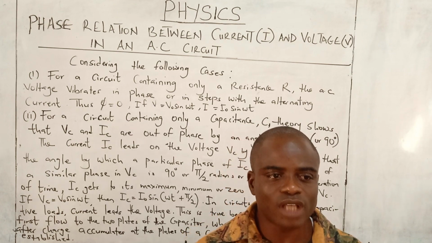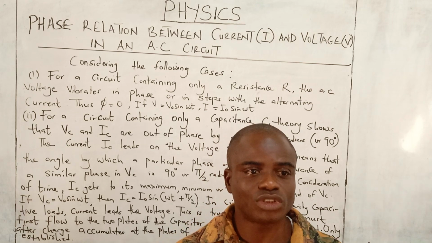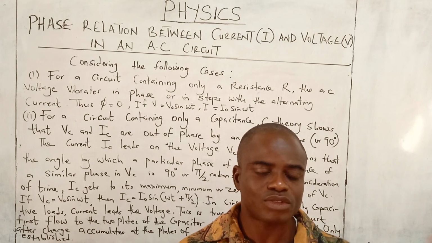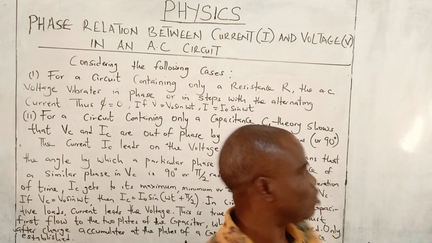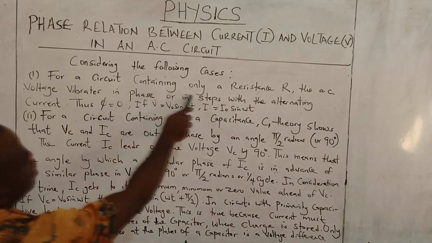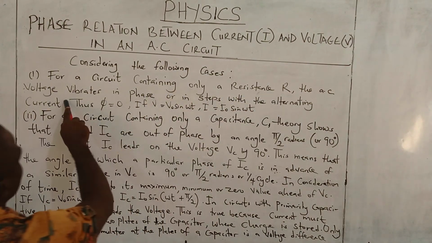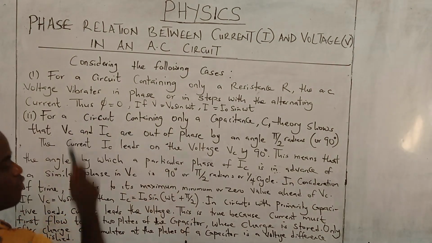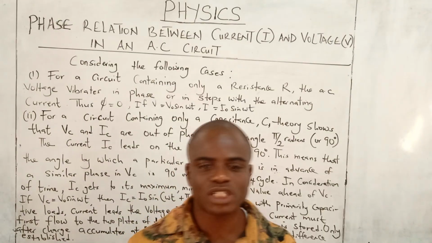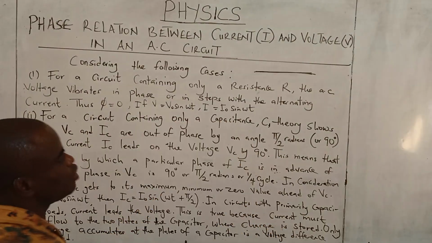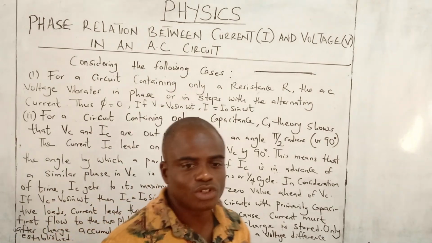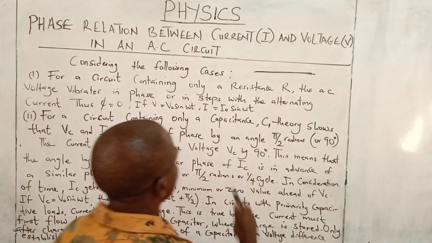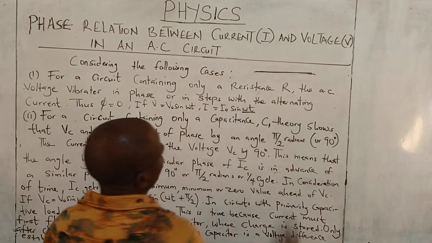But when the circuit contains only a capacitance, current moves 90 degrees ahead of the voltage. What do you mean by that? You can see from a circuit containing only resistance R, the AC voltage is in phase with the alternating current. Thus, the phase angle between the voltage and the current is zero. If V equals V naught sine omega t, I equals I naught sine omega t,